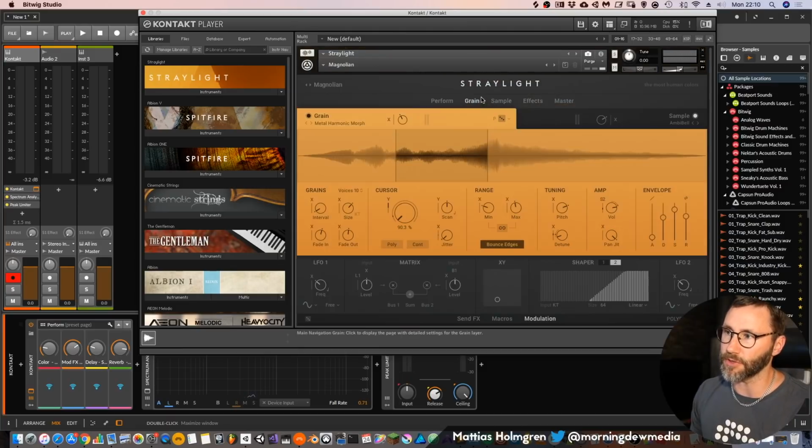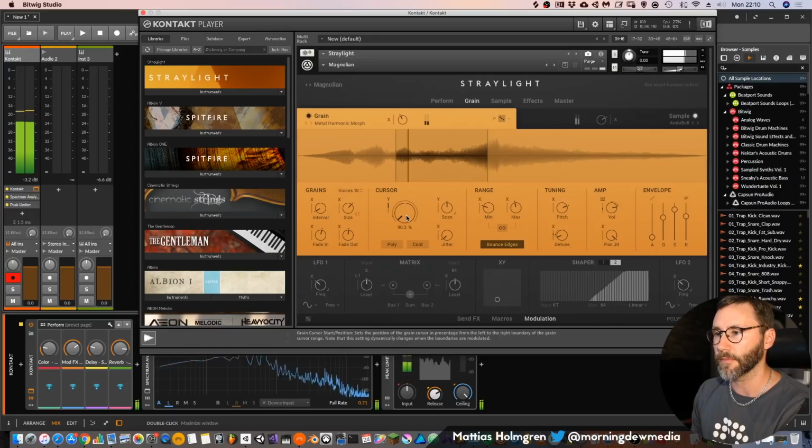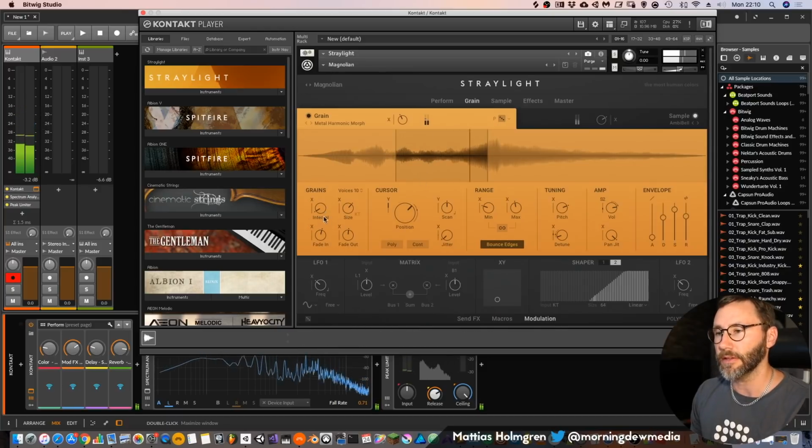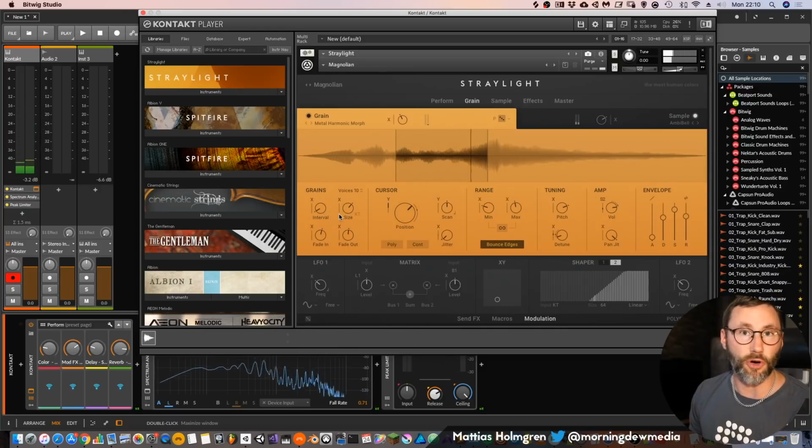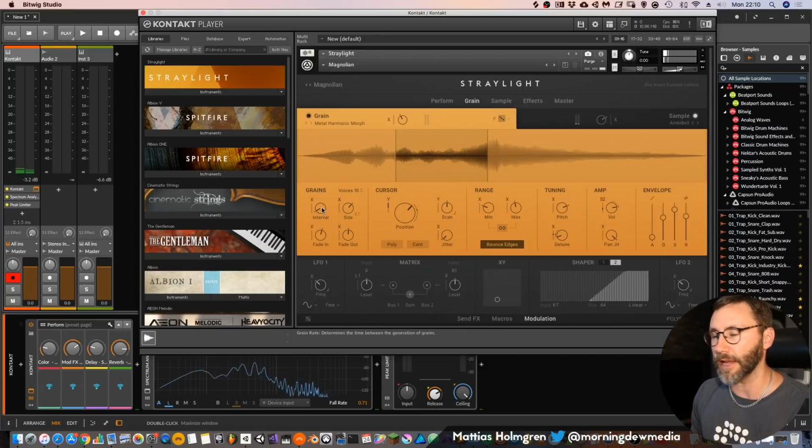So we can go in here and look at the grain playback engine for this sound. So this is the position, the cursor position. And then we have the regular parameters which you often see in other granular plugins, and that's the interval, which determines the time between the generation of the grains.